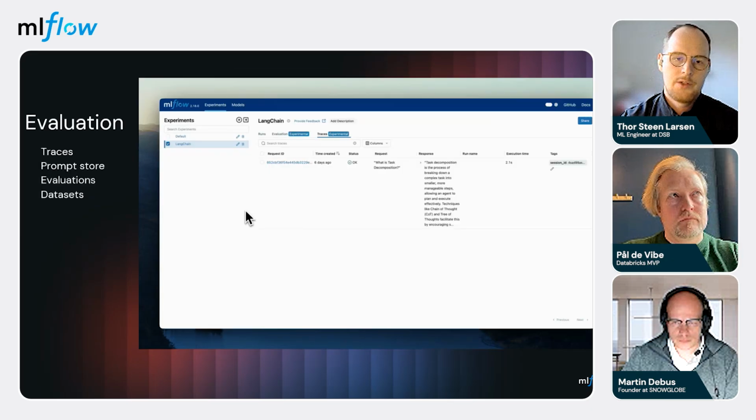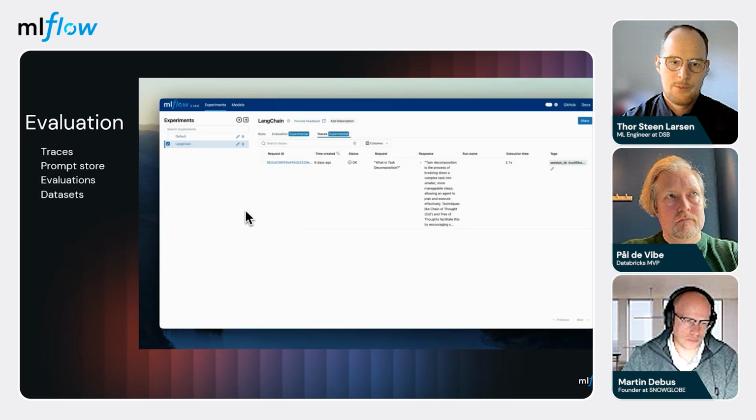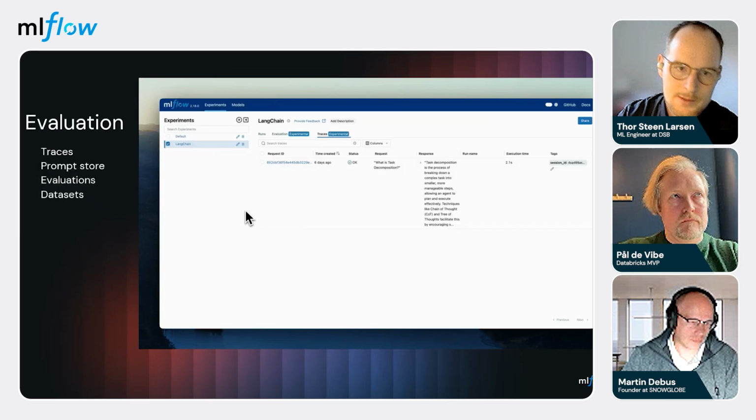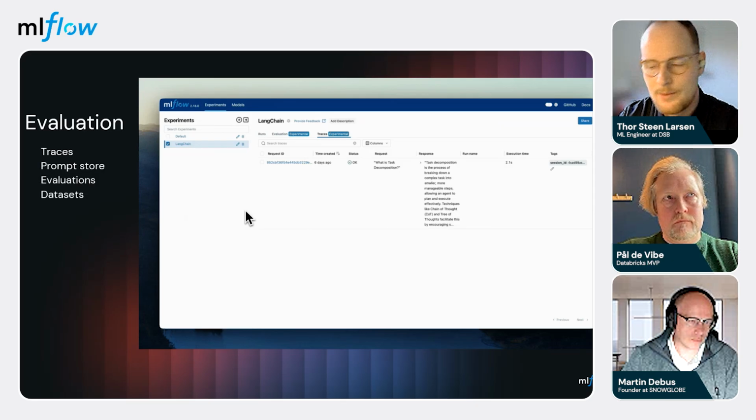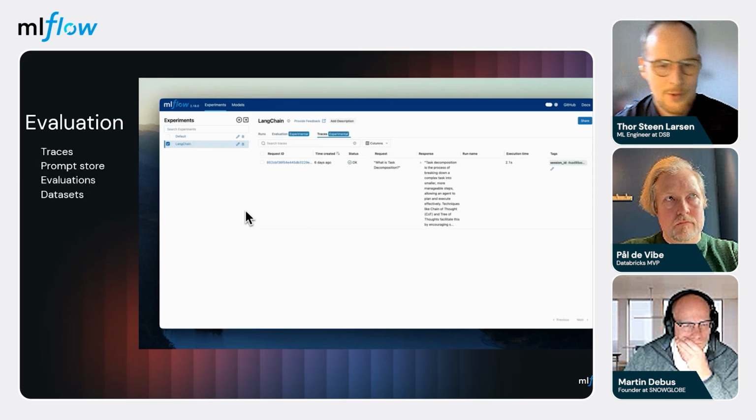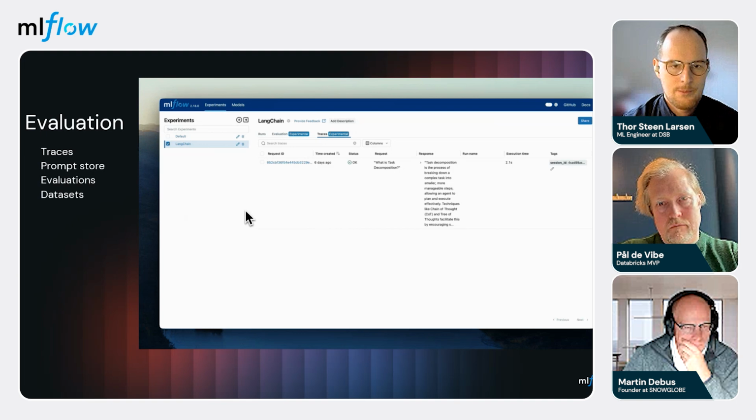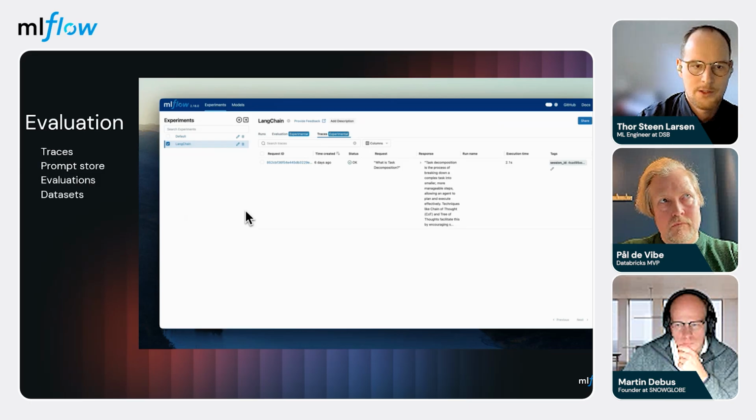In the GenAI world, people may know that you can do it the way I just showed you, where you write some metrics and some Python code and make it work. But often people use techniques like model as a judge. There's a lot of development in UI for this. So in here you can go in and see traces. In the MLflow UI, you can go in and see what prompts are there, what evaluations are there,